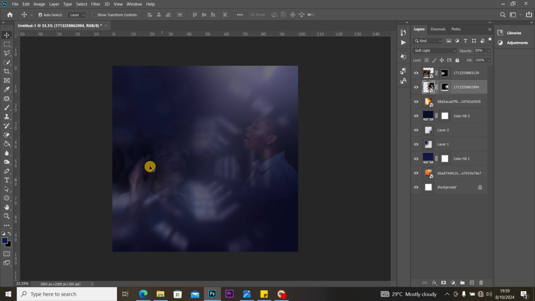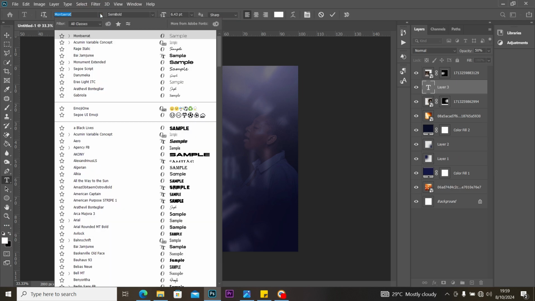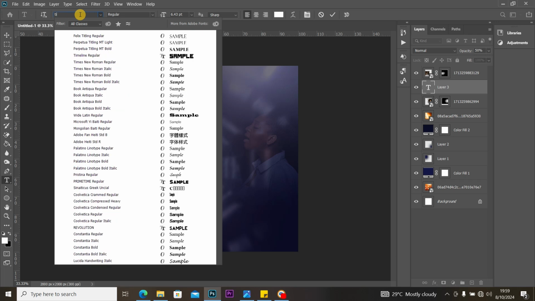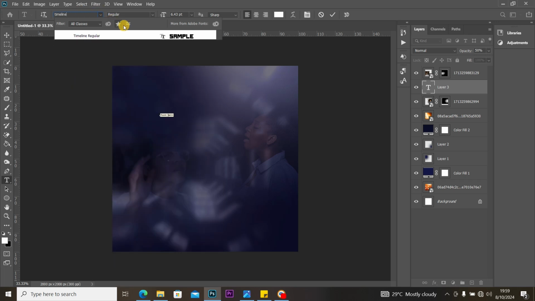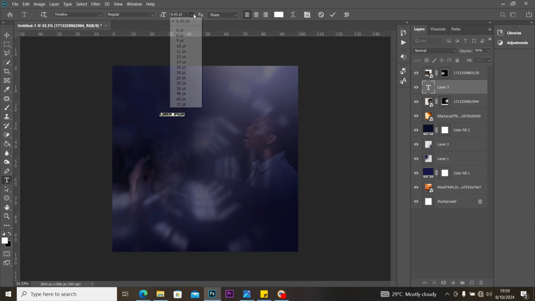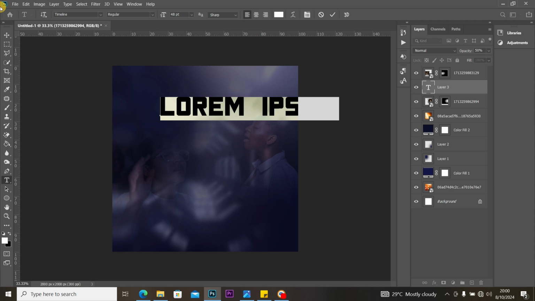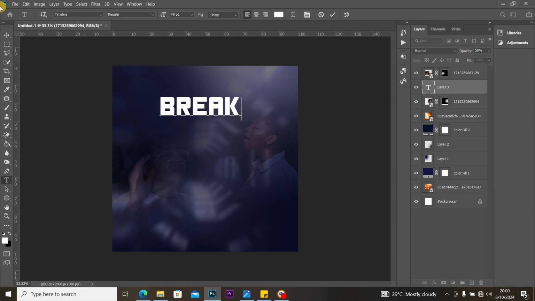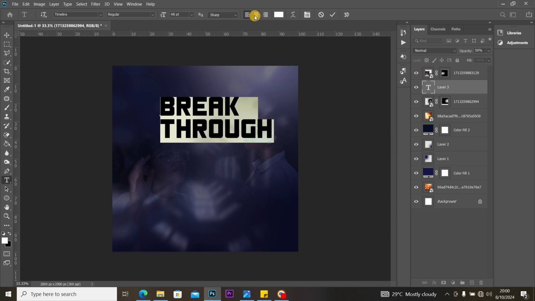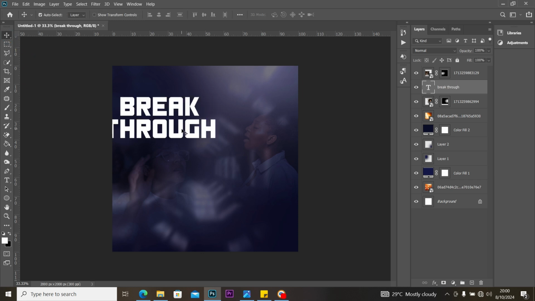And next thing I'm going to do is I'm going to create the title. For the title I'm going to type in breakthrough. So I'll just use Timeline. The font I used for this design is Timeline, so I'll just select Timeline and increase my font size to something maybe 48, and I'll type in breakthrough like that, and I'll align everything to the center like that,